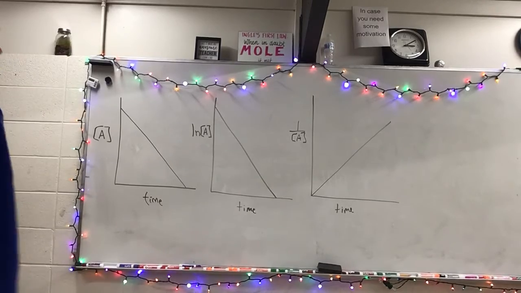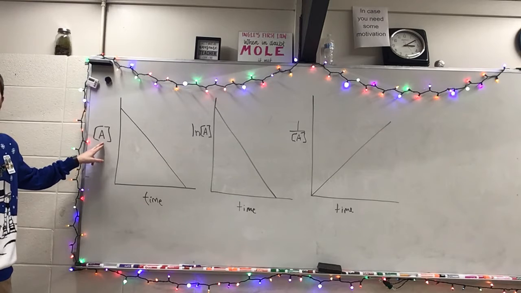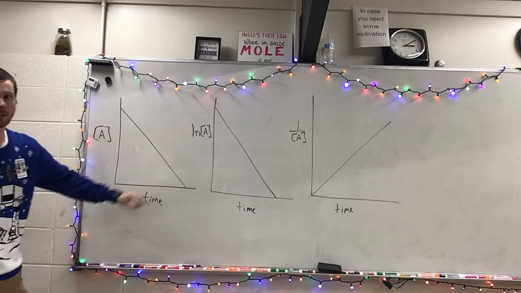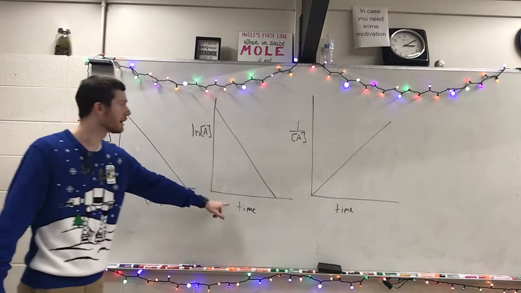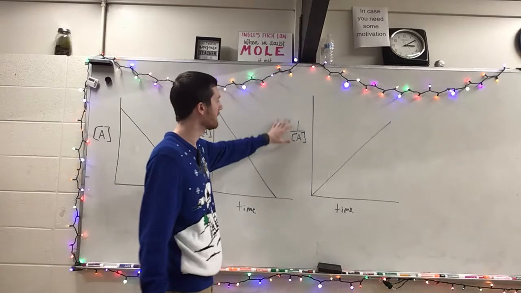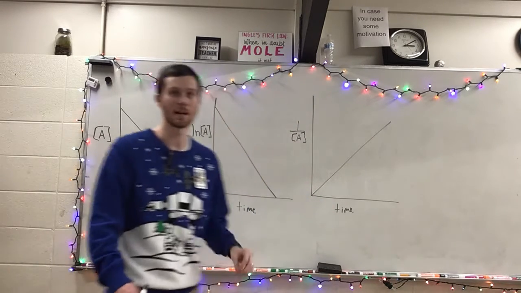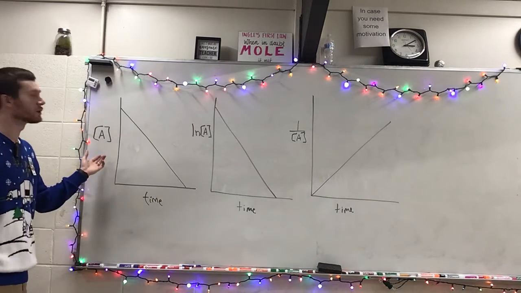So here we've got three different graphs plotted against time. The first graph has the concentration of a reactant, which we'll call A, plotted against time. The second graph has the natural log of the concentration of A plotted against time. And the third graph has the reciprocal, or the inverse, of the concentration of A plotted against time. You'll notice all three of them are straight lines, and I don't really want you to put too much thought